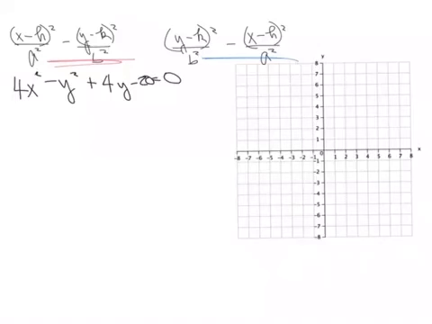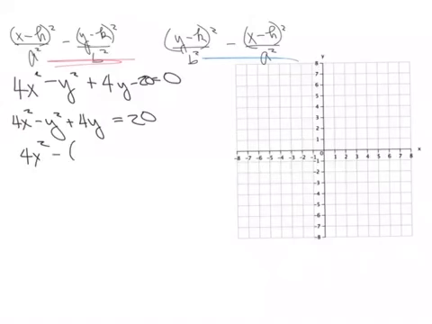Okay, so let's go ahead and put everything the way it should be written. So 4. Okay, move the 20 over. Okay, and let's see what we've got here. So because we don't have any x's except this x squared, we can't really do a whole lot. So we're just going to kind of leave that alone. So, and then we're going to put a parenthesis on that. And we have y squared